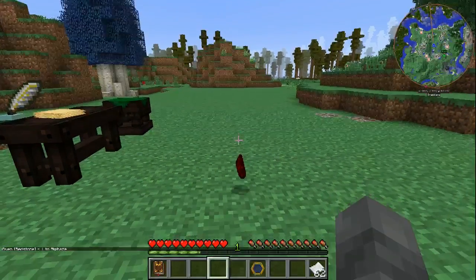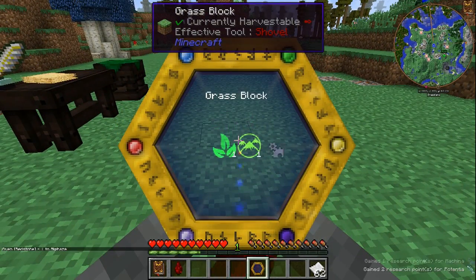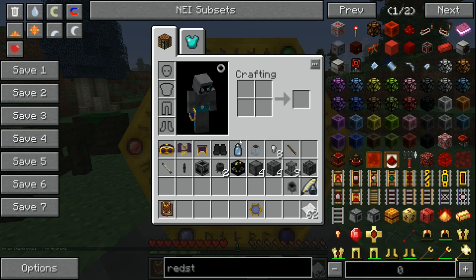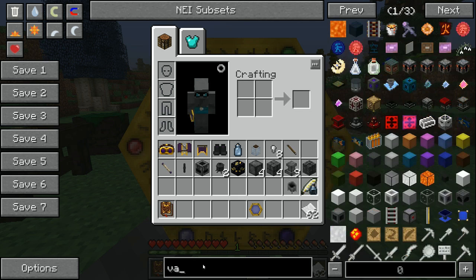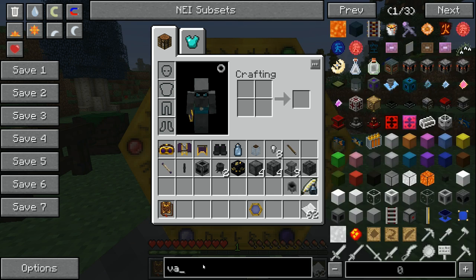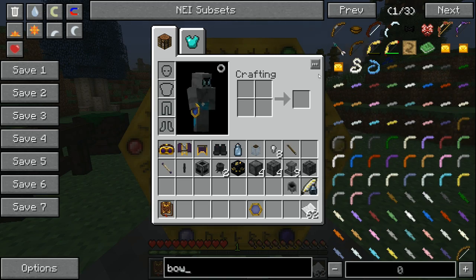So if you scan some redstone, boom, you should get some Potentia. You might not be able to do that because it does have machine on it as well. But if you wanted to just look it up, you can find a whole bunch of items and what is actually on them. So I'm going to do Vacuous now, and for that I know a really good one is